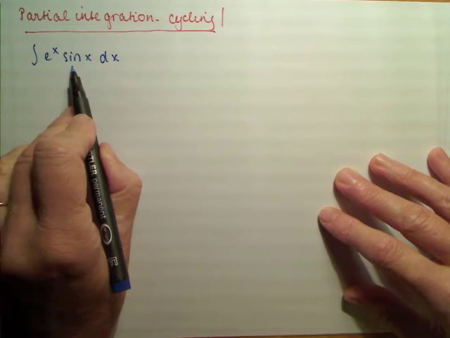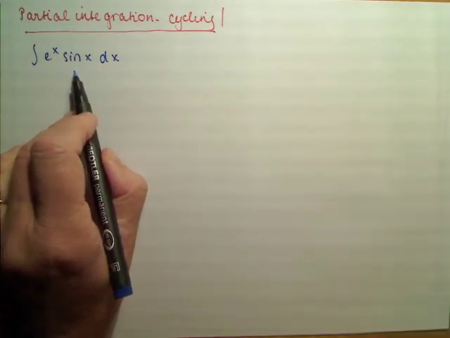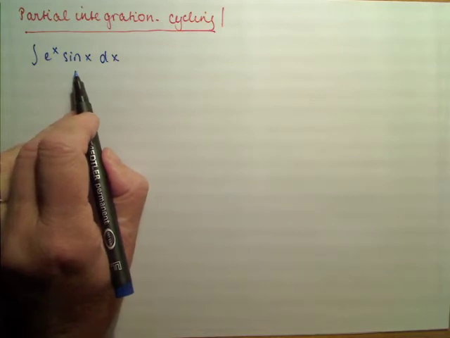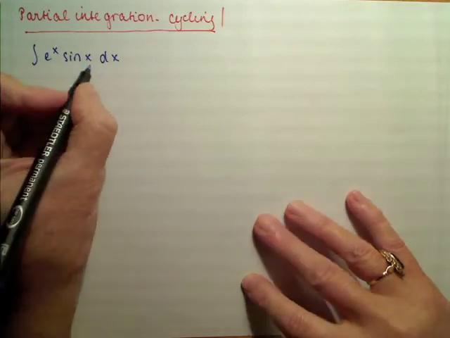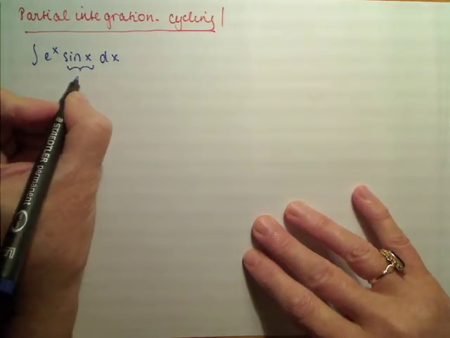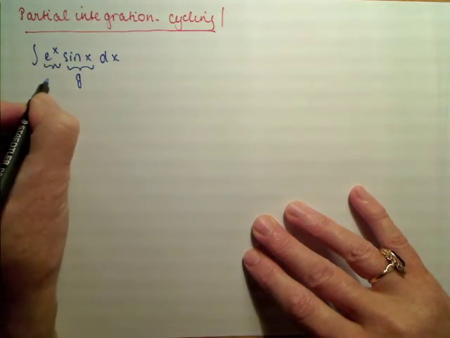x multiplied by sine of x. Now, it's not clear at all that this technique will work, but one has to try something. So we have to assign functions g and f prime. Now, let us try to put sine of x into our g and e to the power x into our